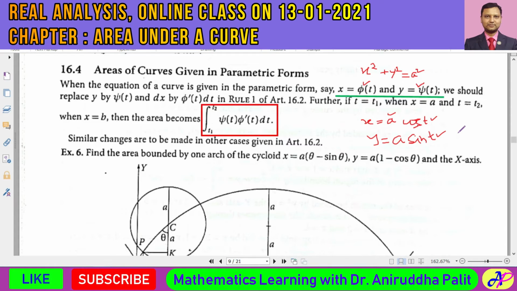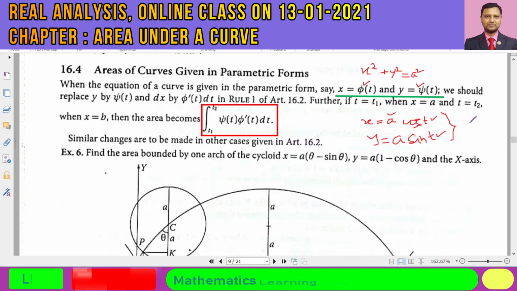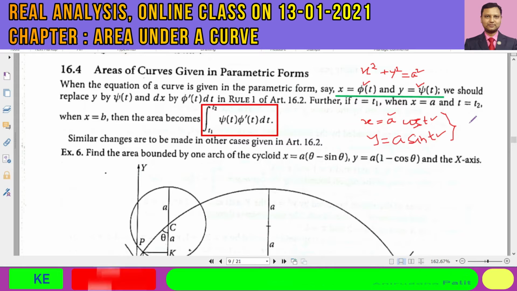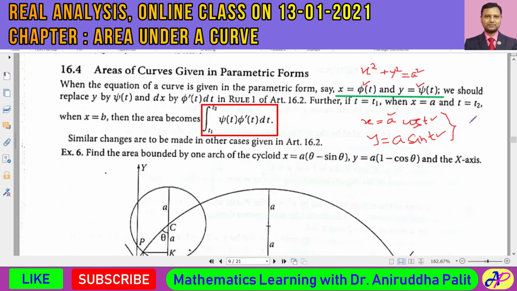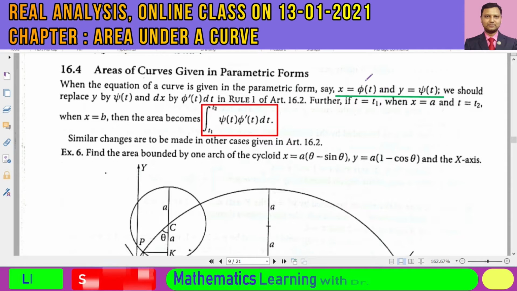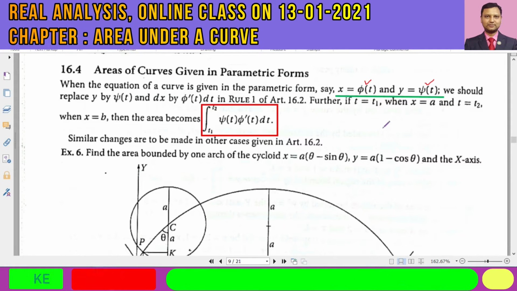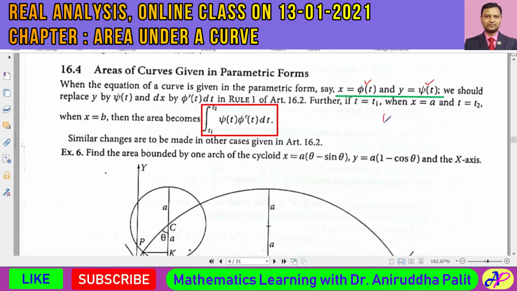All right. So over here we are going to consider this kind of curve. There are certain curves which are represented mostly in parametric form, and we shall have to find the area under this kind of curves. So over here, x is equal to phi of t, y is equal to psi of t, and we know that the integral